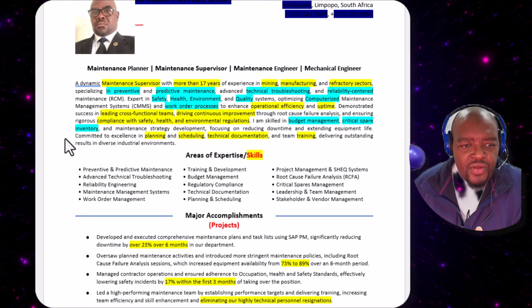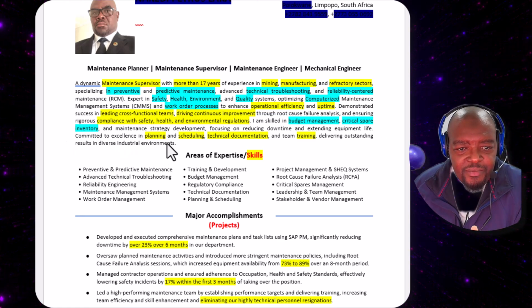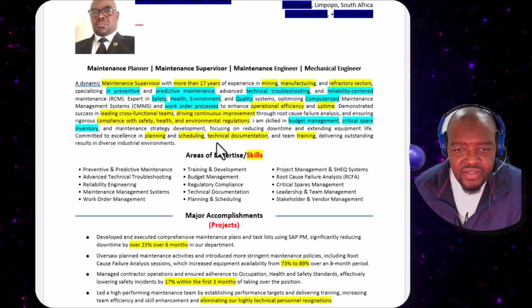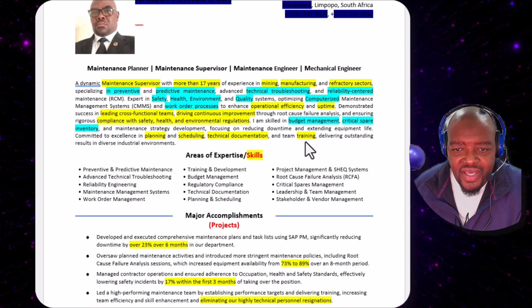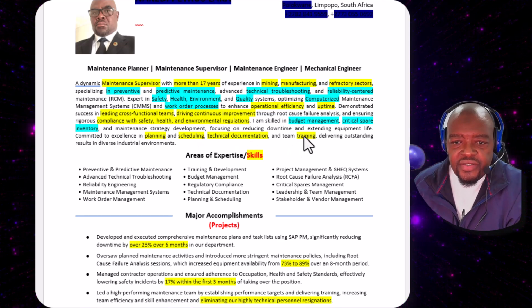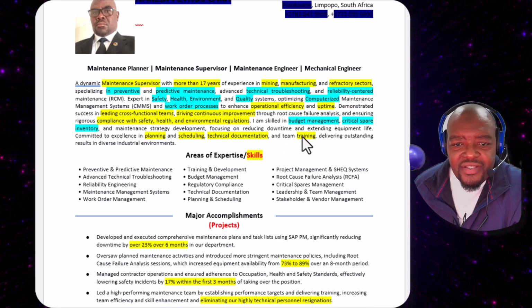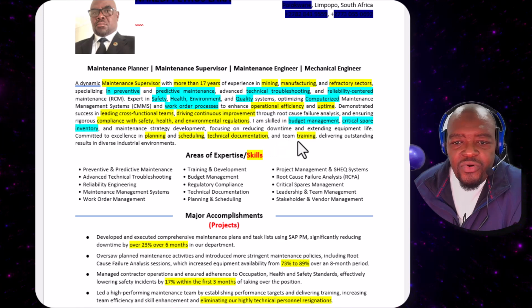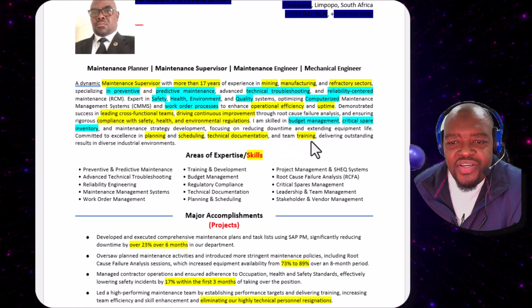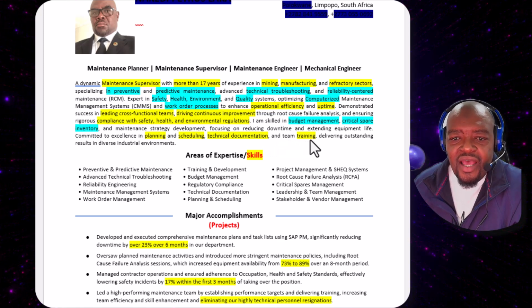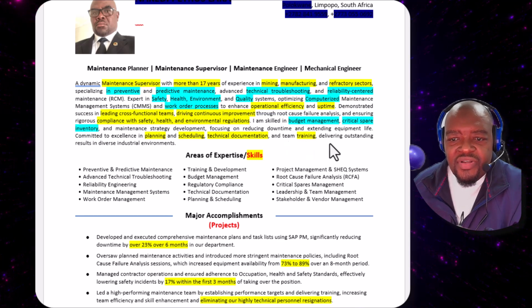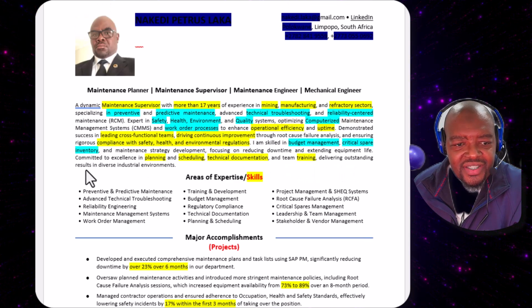Excellent. Committed to excellence in planning and scheduling, technical documentation, and team training. Yes, we need someone who is well experienced and will be able to continuously train our people, delivering outstanding results